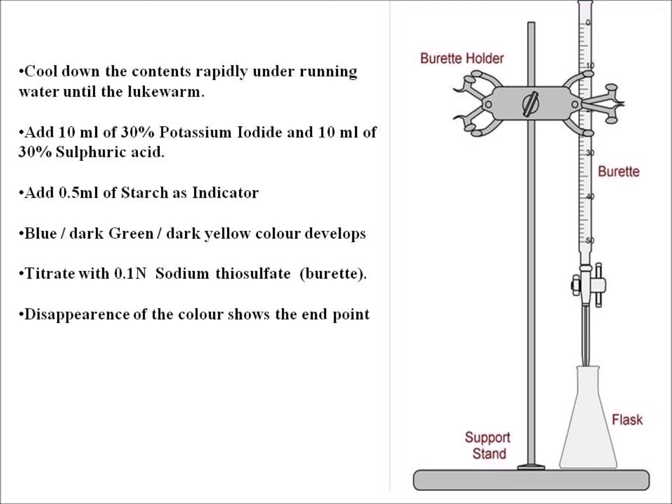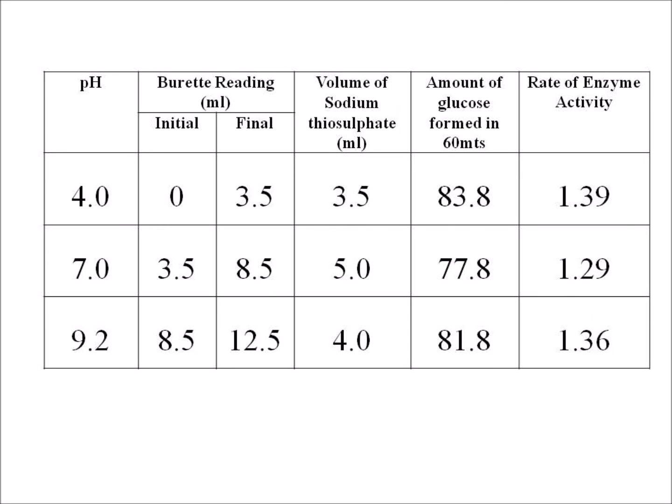Blue, dark green or dark yellow color develops. Titrate with 0.1 normal sodium thiosulfate taken in the burette. The end point is disappearance of the color, that is called the achromic point. This table shows the summary of the experiment. At pH 4, the rate of enzyme activity is 1.39, at pH 7 it is 1.29, and at pH 9.2 it is